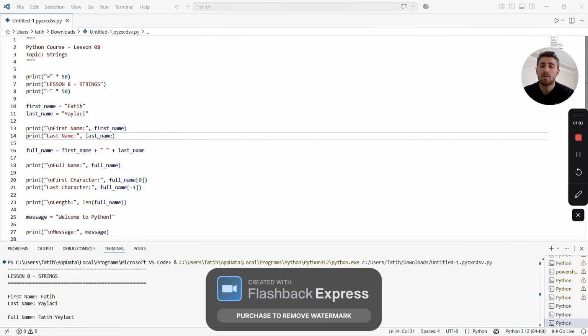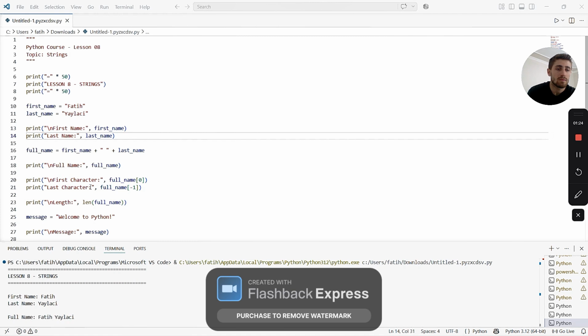A string is a sequence of characters used to store text. Strings can contain letters, numbers, symbols, and spaces. In Python, strings are written inside single quotes or double quotes.